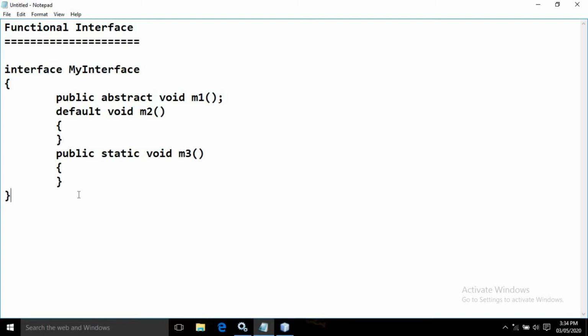If you try to define more than one abstract method, or it contains more than one abstract method, then the compiler will generate a compilation error.